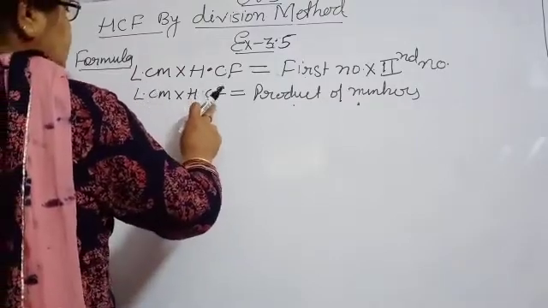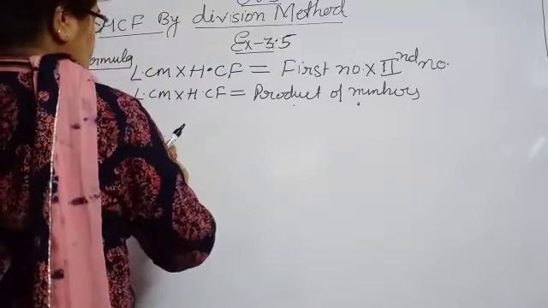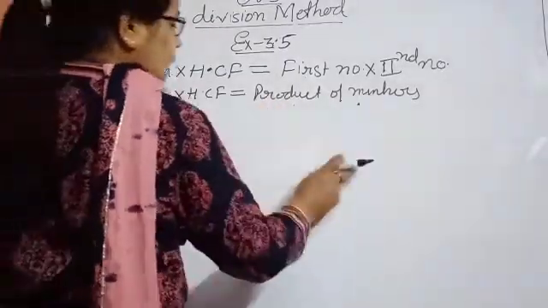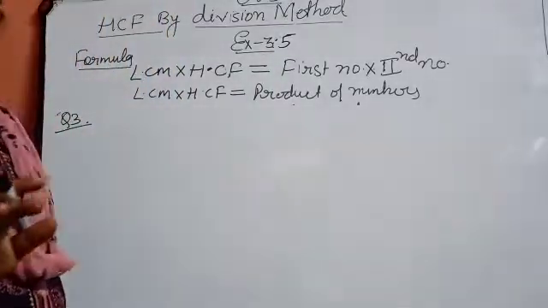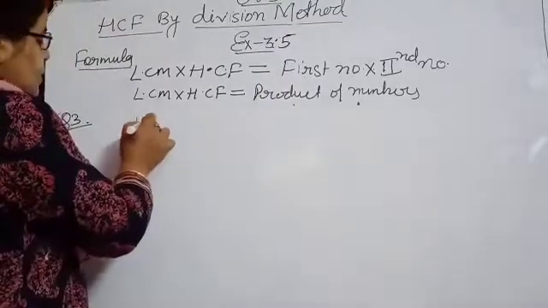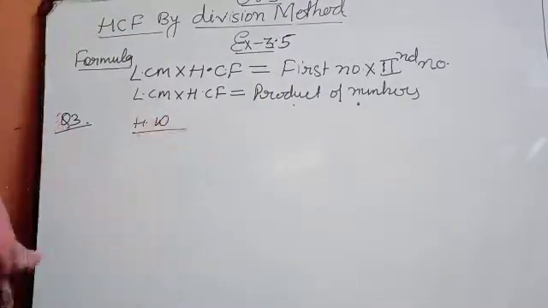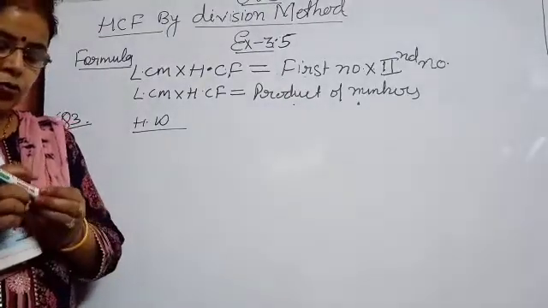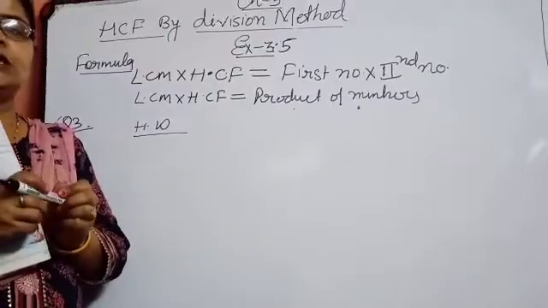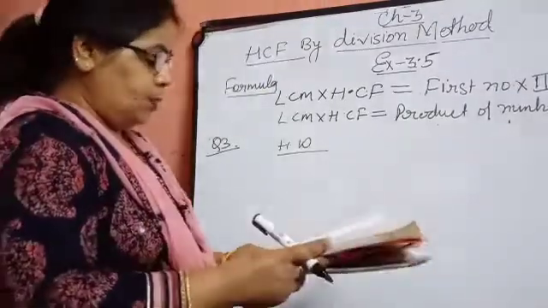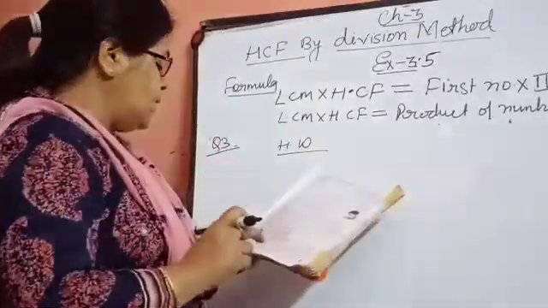You have to find the HCF. So how will you find it? HCF is equal to the product of numbers divided by LCM. In this way you will get your answer. So question number 3 will be your homework. You are instructed that you will show your homework in the classroom app you are using now. Nobody will send it on WhatsApp. All the children will send their homework in that classroom app. So I am leaving question number 3 as your homework.